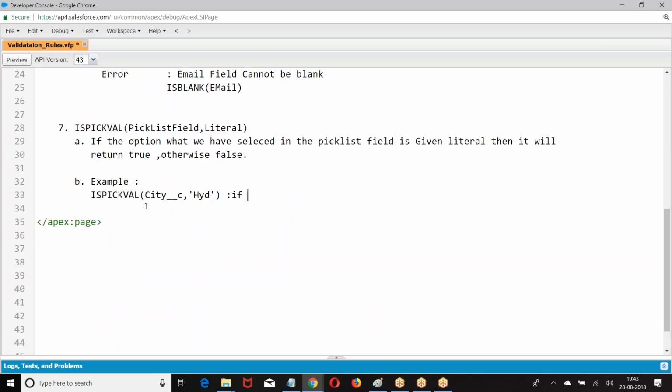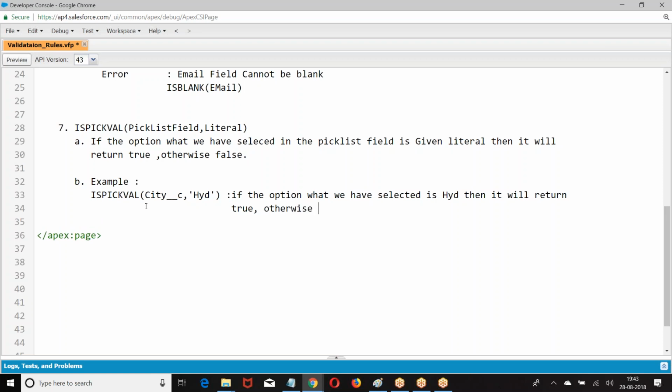If the option we have selected is Hyderabad, then it will return true, otherwise false. Right, boss? IsPickval, pick list field, comma, literal. I hope you are good with this.